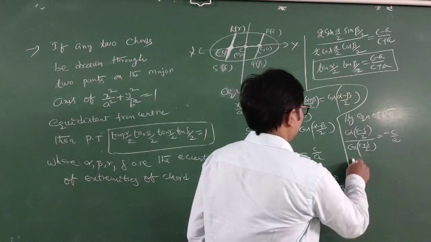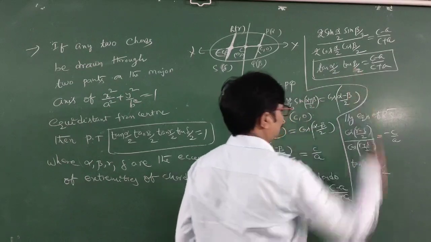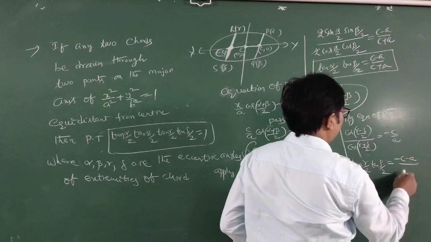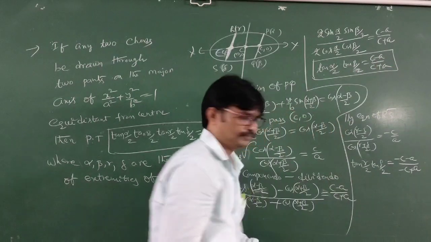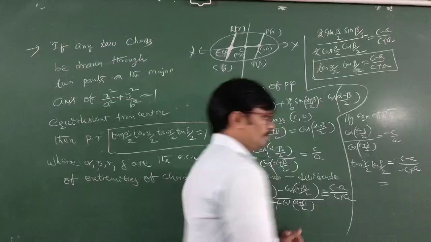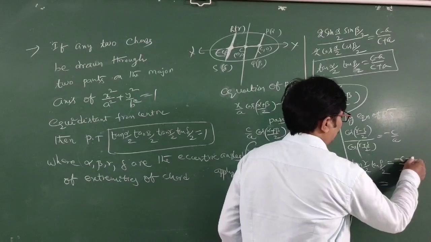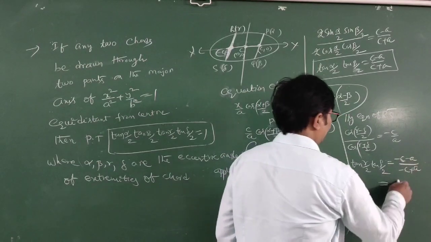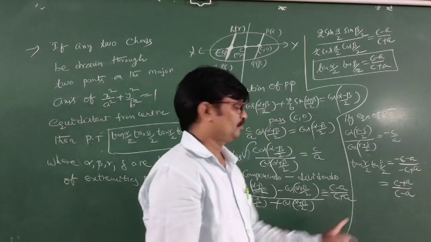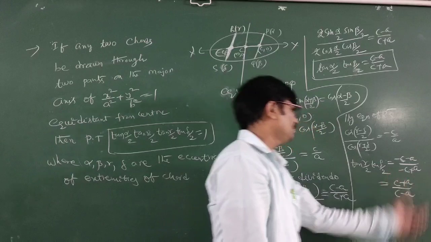So we can apply componendo dividendo. Directly written, tan of gamma by 2 into tan delta by 2 equals (minus C minus A) over (minus C plus A). We take the minus common in the numerator, and multiply both numerator and denominator by minus. Is it clear students? This gives (C plus A) over (C minus A).